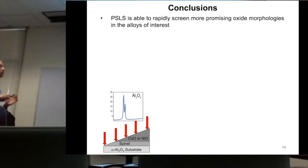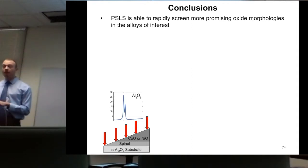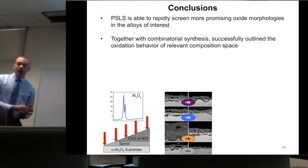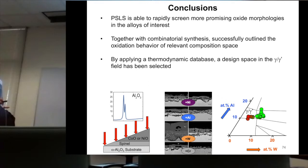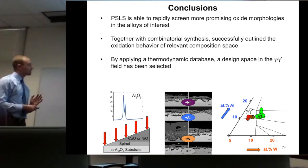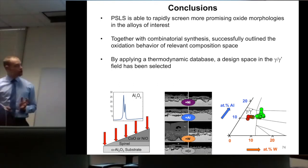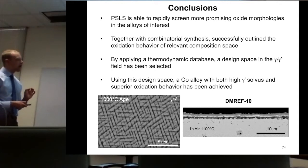So today I have shown that we can use PSLS as a rapid screening technique to identify samples that form continuous alpha alumina scale and thinner amounts of undesirable oxides on top. We've also seen that we can use combinatorial synthesis to create a large amount of different alloy compositions at once, and combined with our PSLS, identify what the effects of different changes in elements have on our oxidation behavior. We can then apply that with a thermodynamic database to outline our design space for new cobalt-based alloy. And indeed, we've created a new alloy, DMF10, that has a combination of both desirable oxidation behavior and high gamma